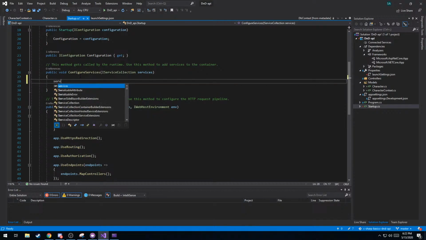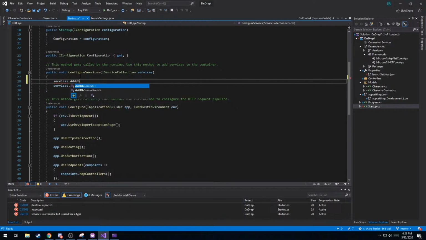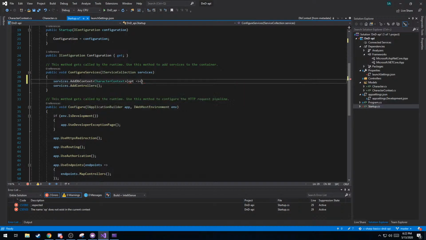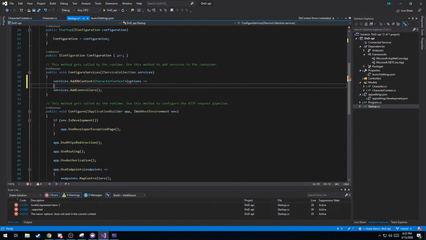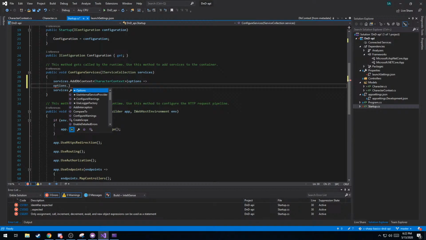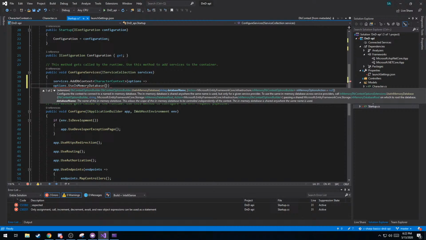So what we have to do is we have to say, hey, Mr. Services, Dependency Injection, I want you to add a database context. And the context that I want you to use is our character context that we made. And what we're going to do is we're going to pass in opt, which is for options, right? We could just call it options, actually. That'll be a little bit cleaner. And we're going to say the options that we want to use are to use an in-memory database. And what do we want to call that database? It doesn't matter. We can just call it